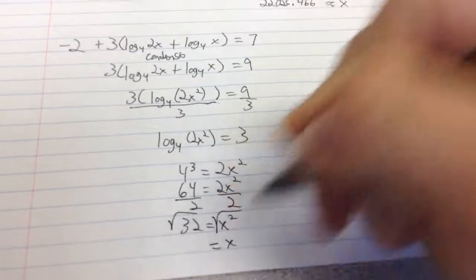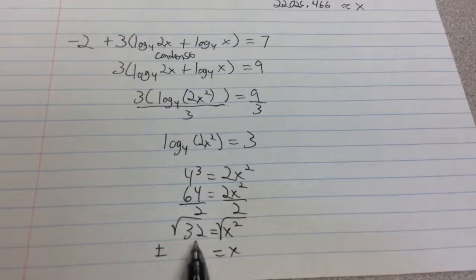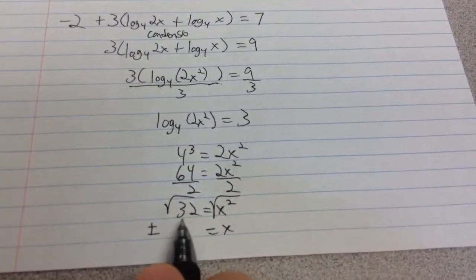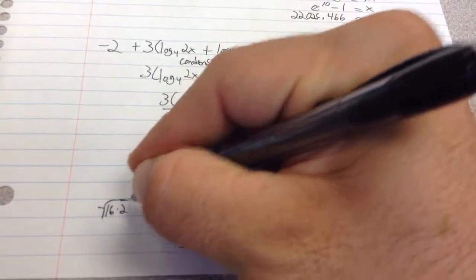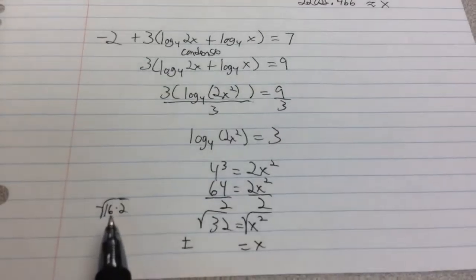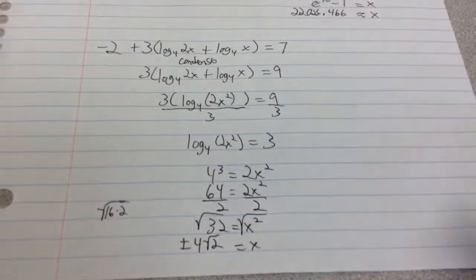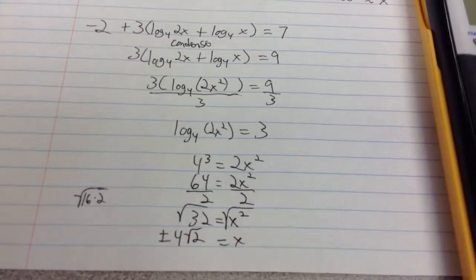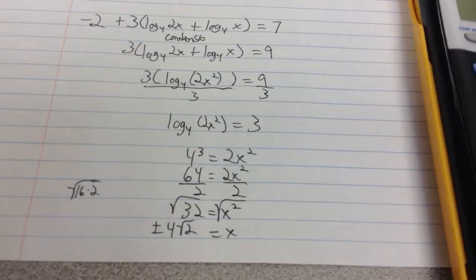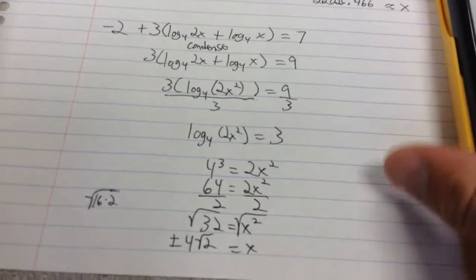So x is equal to, remember, plus or minus anytime you take the square root. You can factor out 16 times 2 here. Remember, we did this earlier in the year where you do 16 times 2 inside the square root. The square root of 16 is 4, and you leave the other 2 on the inside. You also could get some decimal approximations for this. If you take out your handy dandy calculator and you do the square root of 32, you're going to end up with a number 5.6